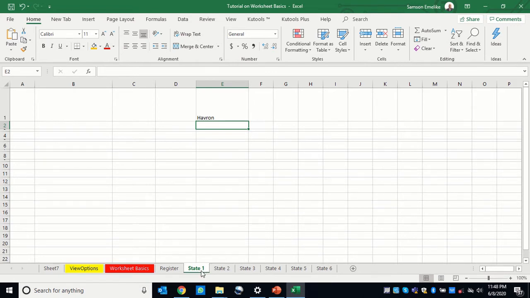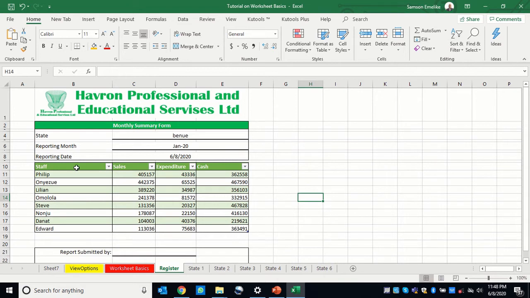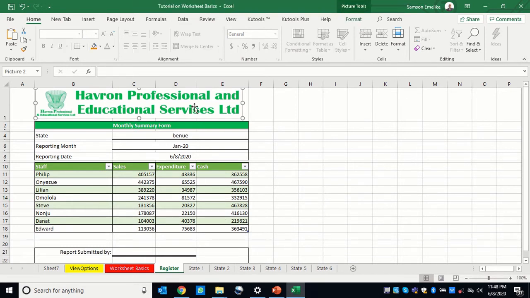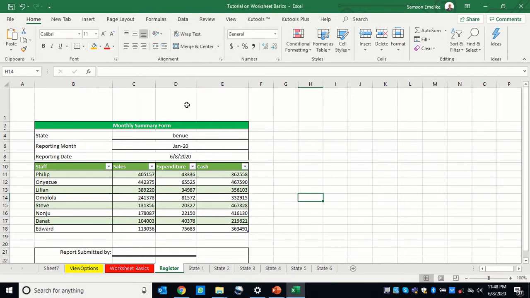So what I need to do is to select all my sheets, or the sheets that I want to group together, and then copy and paste what I want to do. For instance, now, I'm going to copy this entire spreadsheet, and I'm going to put it across here. Now, from experience, things like this may not be pasted across grouped sheets, okay? So for the purpose of this grouping that we want to do, we are going to delete this from our sheet. And again,